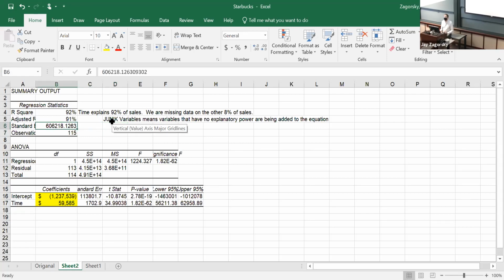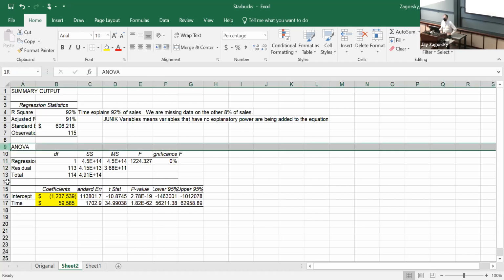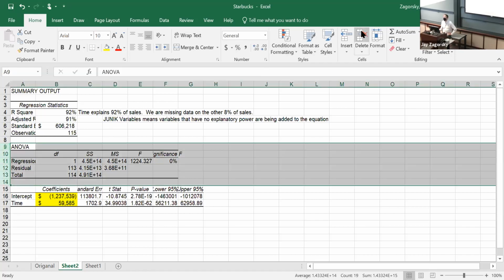The standard error, this number right here, is the standard error of the equation, and we're going to use that in a moment to make our prediction. So hold on to your hats if you're wearing a hat, and we'll come back. You should have 115 observations. The ANOVA, we can format the significance. We get 0. That means all the X variables are pretty darn good at explaining. But we only have 1, so the ANOVA section is kind of useless right now. We can get rid of the whole ANOVA section.